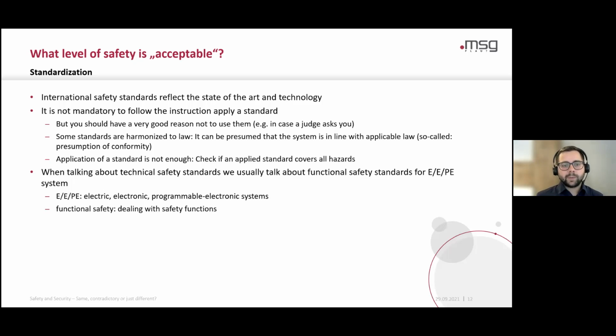Fire truck makers need to consider, most of the time, two standards: one for all the machines on the truck and also one for the car. And one thing also to mention on technical safety standards, or functional safety standards: when we talk about them, we usually talk about standards for electric and programmable electronic systems, which for today's systems is not a big limit. So it covers probably every system